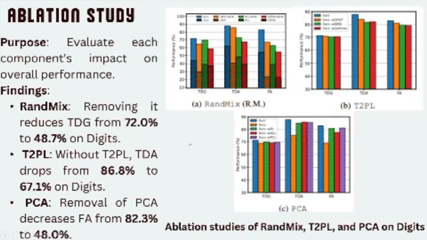So now this is a very important study, which is to emphasize the importance of components used in the RATP model. These graphs are plotted by evaluating the performance of the model where we have not used Random Mix, and we can see that the shaded region is the region where the model has been trained without using Random Mix, and there is a significant decrease in the model's performance. So hence each and every component used in RATP is of great importance, and removal of each of these would generate a decrease in performance on each of the metrics.